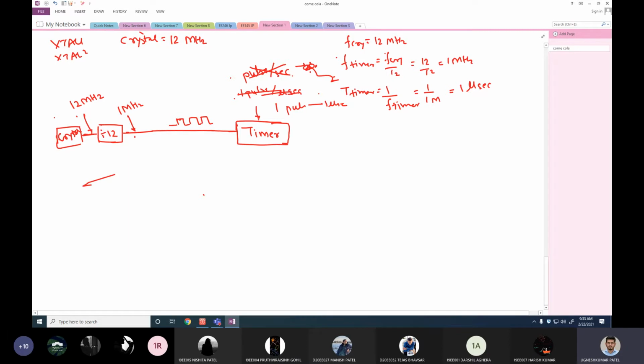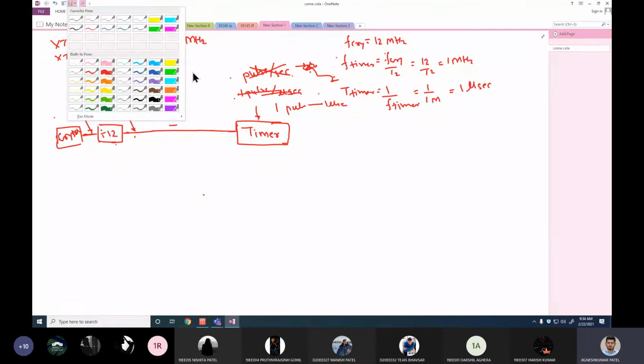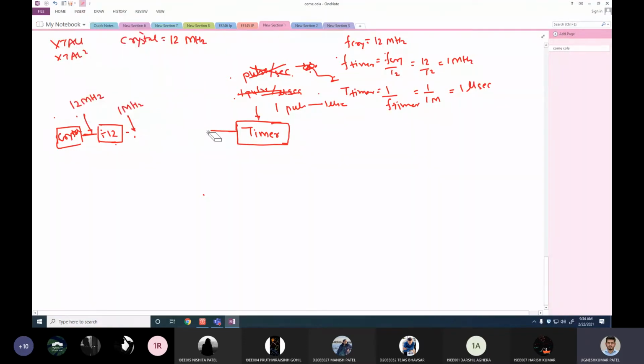It will start shooting up with this frequency, and your timer will start from 000 and it will start counting. Whether or not you require it to count, it will start counting. And we do not want that. That's why there is a control to this timer. We have a control bit for this timer. So what's that control bit? That control bit is,